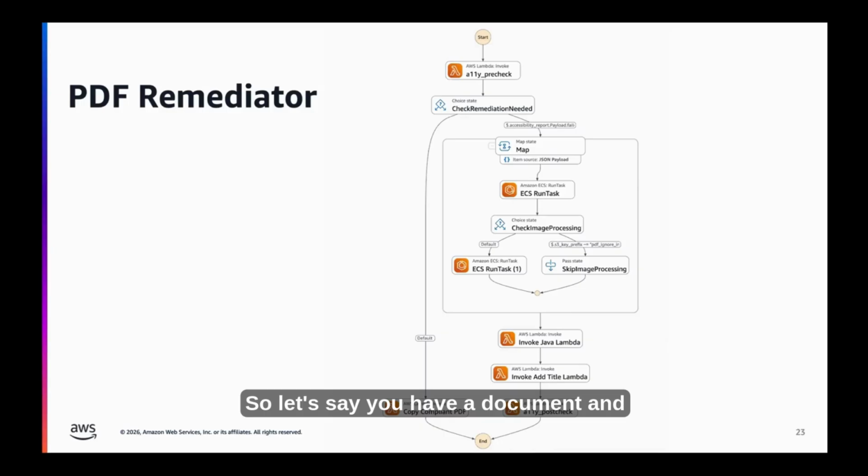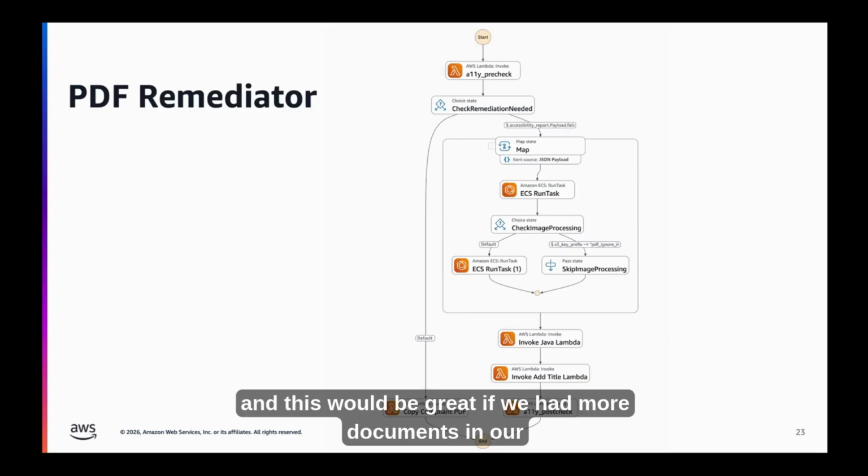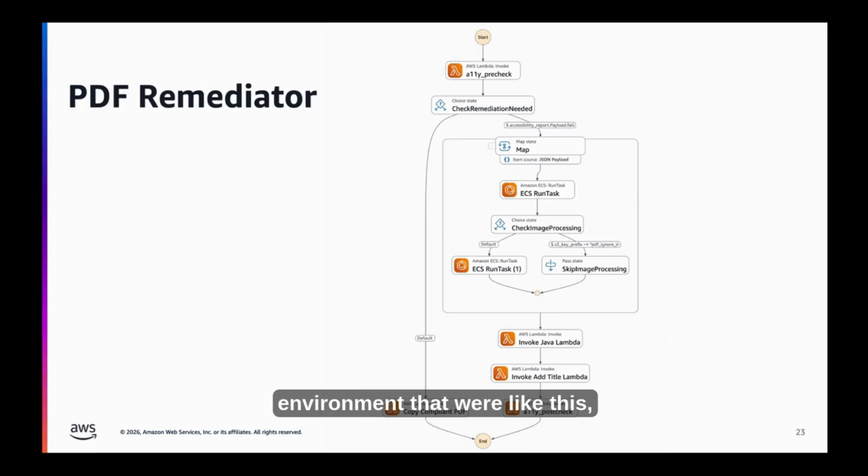So let's say you have a document and you upload it. The first thing it does is go through that Ally checker, almost a pre-check, as you can see at the top of this chart. If for some reason, and this would be great if we had more documents in our environment like this,